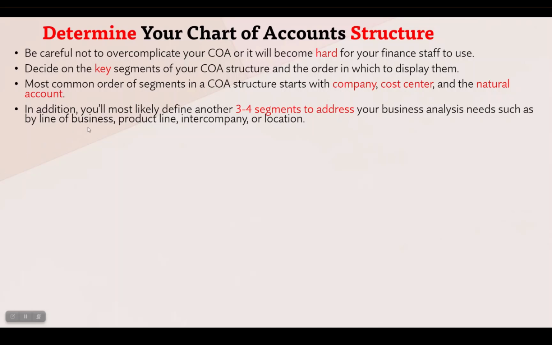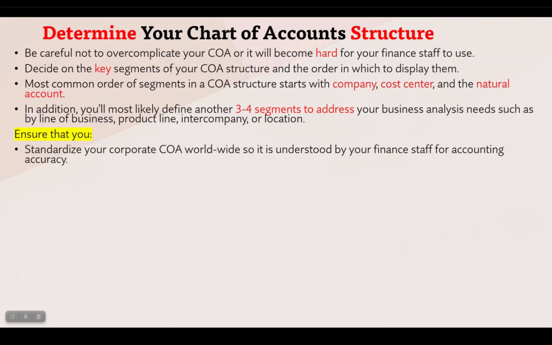As you see here, LOB, line of business, product line, intercompany, locations, whatever. Ensure that you standardize your corporate chart of accounts worldwide, so it's understood by your finance staff for accounting. Because once you build the chart of accounts, the finance staff will start working to enter the transactions. So if they are not aware of these segments, it will be difficult for them to register the transactions. So you also have to align all of these business needs with the stakeholders and the finance staff,